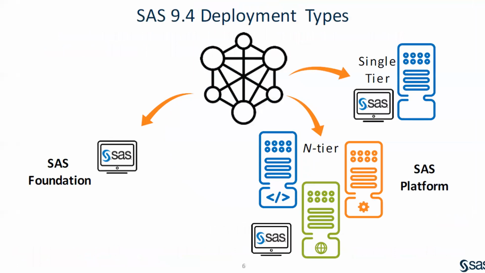Okay. Yeah, as I told you, we can install the SaaS software in two systems. If your company is a very big company, so you're planning to install in multiple systems, then you can use the tiers. Anyway, we need to install the SaaS foundation in one system. Okay, the platform tools you can install in a single system also. If your company is very small, so if you want to install everything in one system, like for teaching purpose, usually what the instructor does, they will install everything in one system because we don't have multiple tier environment.